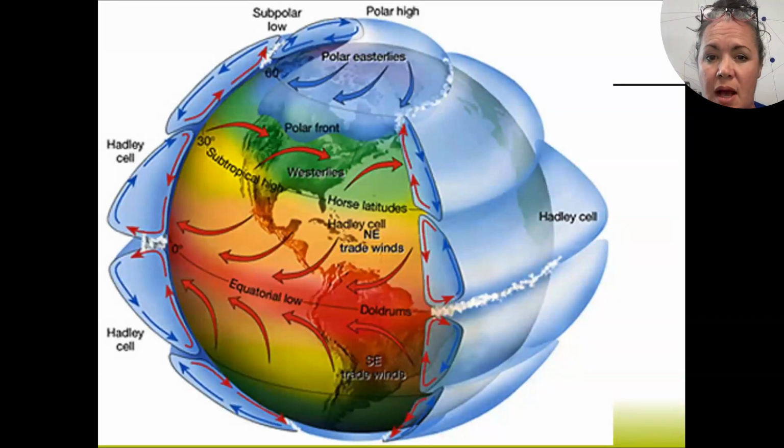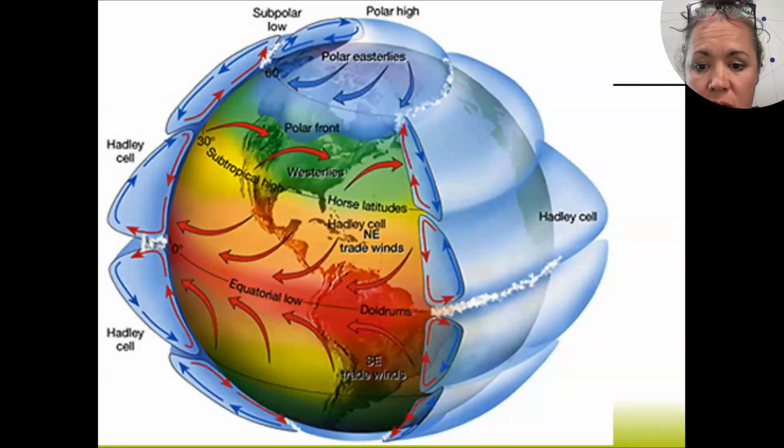I think, let's see, it doesn't say. I think each one is actually named. So Hadley cell, I know that the polar cells are up at the top, and then I can't remember which one, but they create cells. So the Hadley cells are those big, they call them cells, but it's almost like a band of air mass that is rotating, but also wrapped around the earth because of those regions of heating. And you can see,